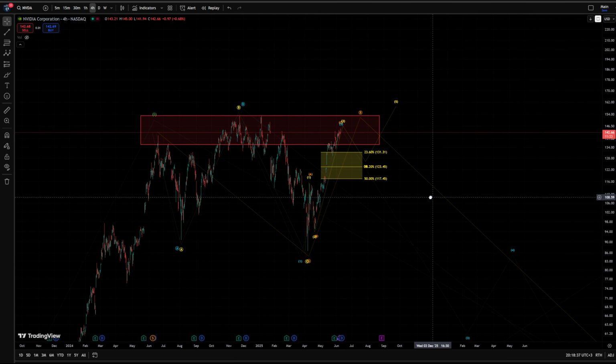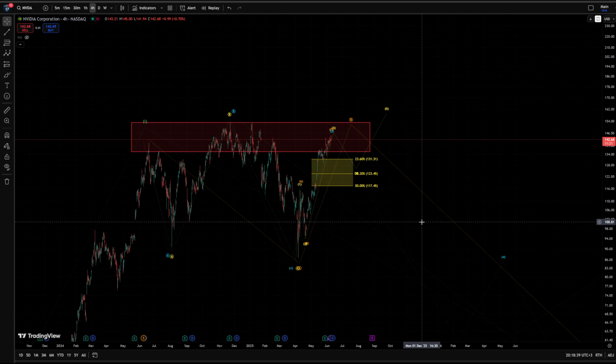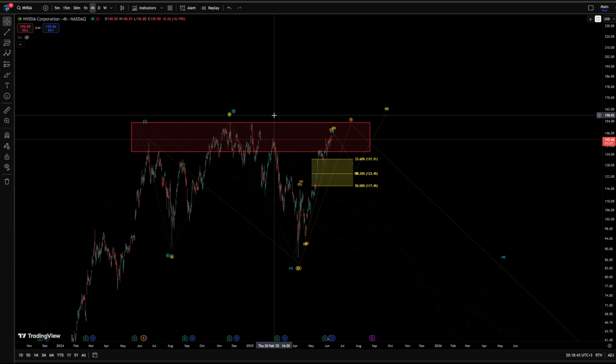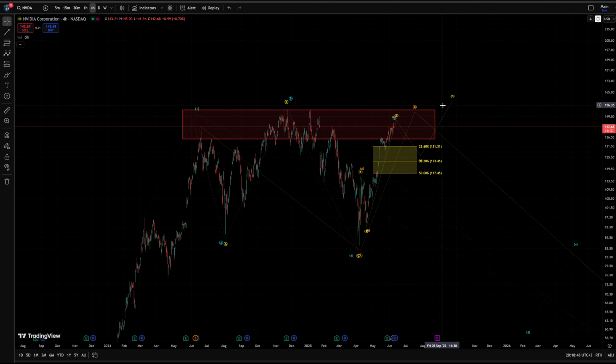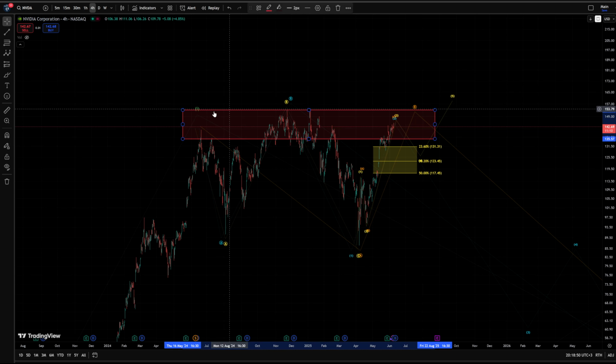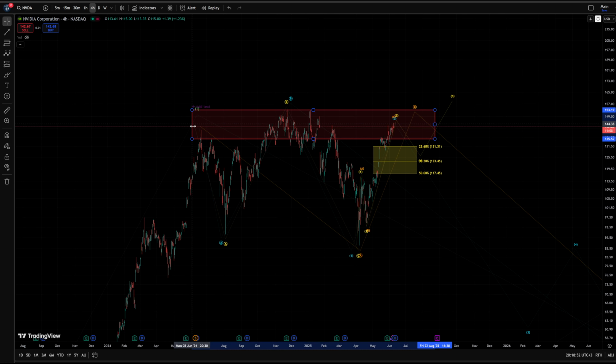And it will be a 1-2 setup, which is the best setup you can actually find in Elliott wave theory when you trade based on it. I also wanted to mention, I guess I forgot to mention it earlier,